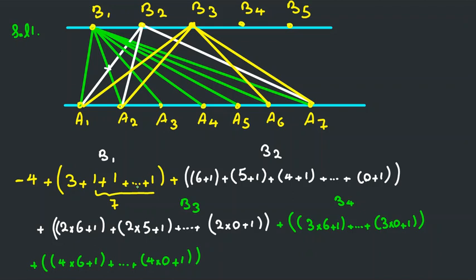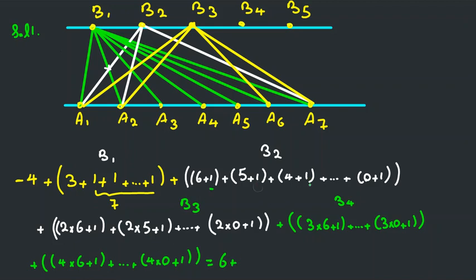Here, we have all these ones from this part, 6, 5 to 0. So if I calculate negative 4, 3 plus 1, 10. 3 plus 7, 10. 10 minus 4, 6. Then, for each of them,